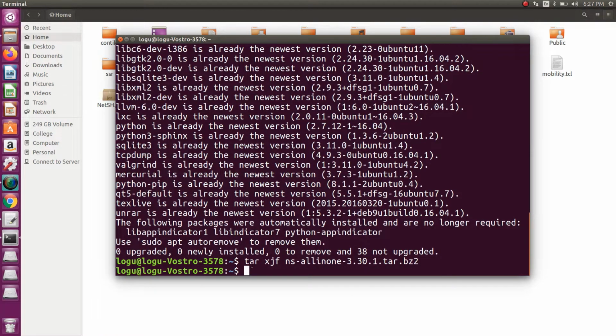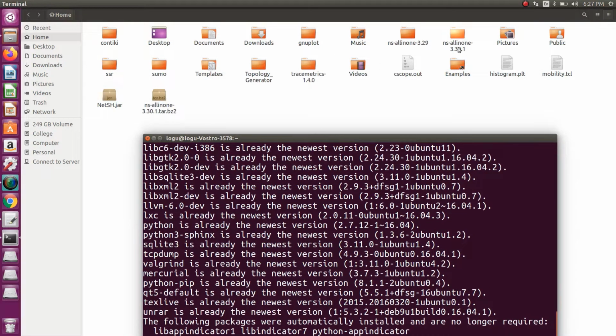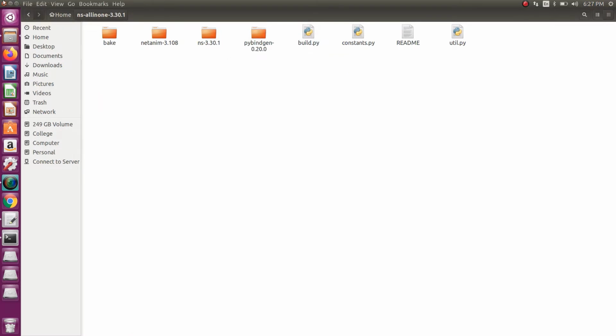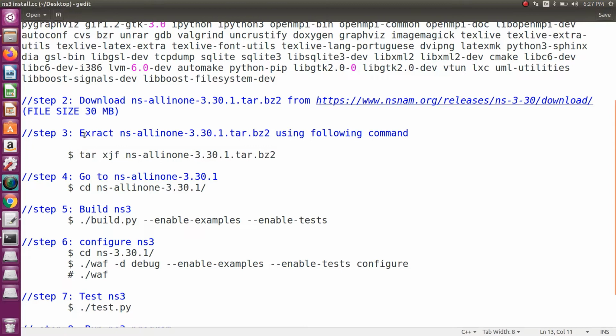Now the all-in-one 3.30.1 will be extracted. So this is step 3.